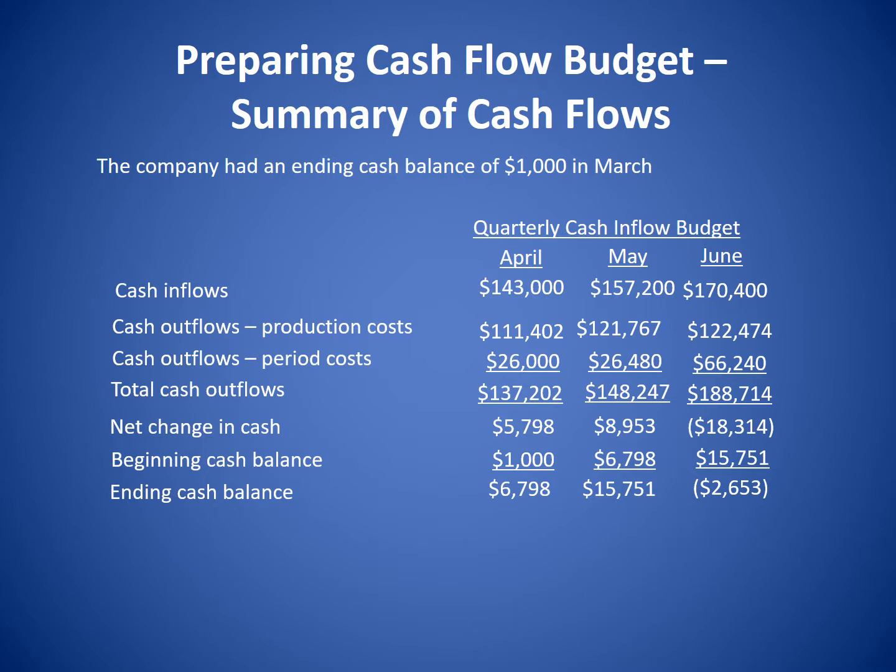$2,653. So for planning the budget, we're going to have to try to determine how we can make up the shortfall. Are we going to borrow some money, or do we have a line of credit that we can borrow against, or do we decide not to pay some of our bills and the amount of that $2,653 to end our cash balance? But those are the options that will have to be answered from our budget. And with that,